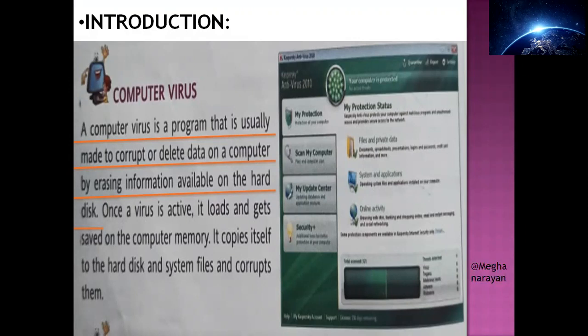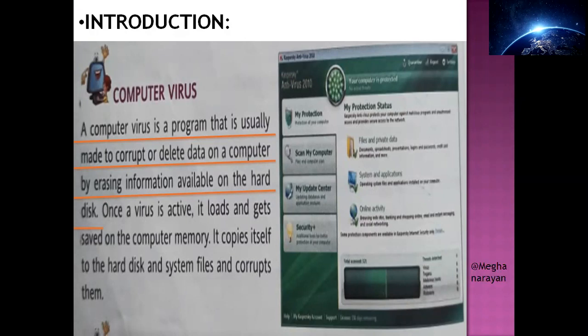Let's revise it once again. A computer virus is basically a program used to delete or corrupt, that means change, the information. That information will have various numbers of mistakes, various numbers of errors. It cannot be just like the original. Okay, that is the meaning of corrupt.